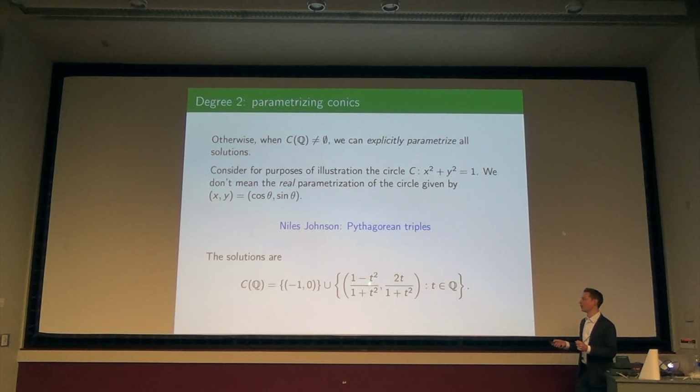If I plug in 0, I get 1, so that's not it. Don't I need infinity? What if I take the limit as t goes to infinity? Then I'll get -1 here. And the limit as t goes to infinity of this expression is really 0, because it's quadratic on the bottom, right? My students would immediately L'Hopital's rule this, but we don't have to do that in good company.